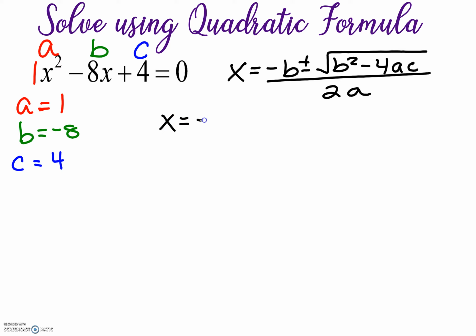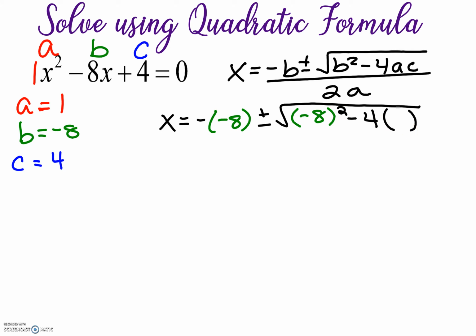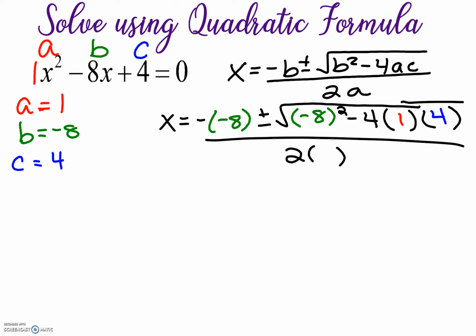formula. So x equals negative. Our b term is negative 8. Please make sure you're plugging in a negative 8 if your b term is in fact negative, including that negative on the outside. So negative times negative 8 plus or minus the square root of b squared minus 4 times a times our c term,